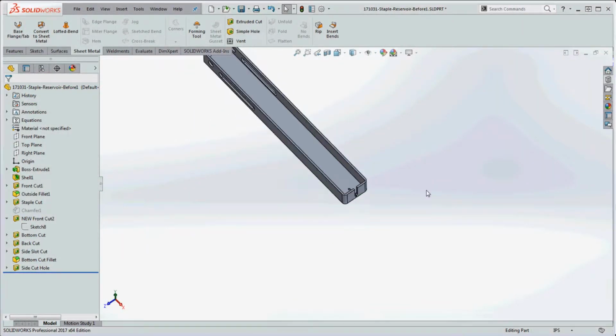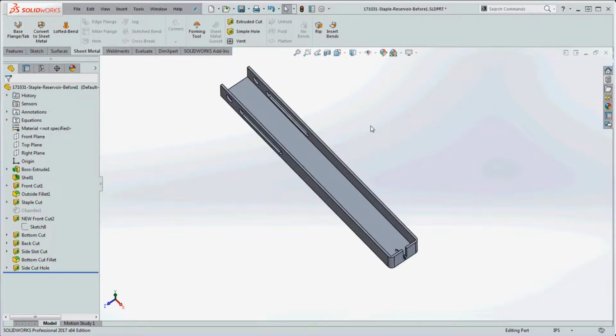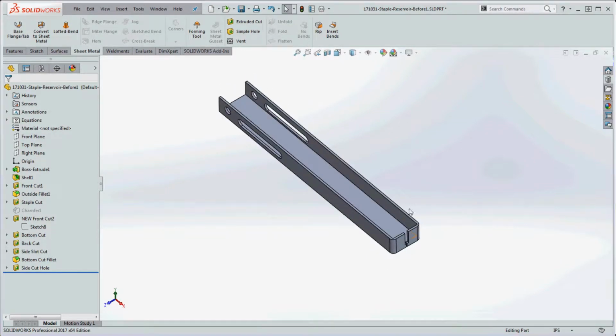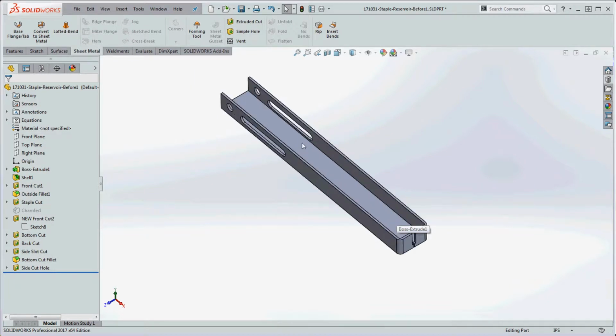Okay, I had a student here who's got a part that would be perfect for a demonstration for using sheet metal, SolidWorks sheet metal. SolidWorks is one of those designed for manufacturing sort of toolbars where you could not only model a part, but model a part that can actually be manufactured using sheet metal tools. So the desire here is this part was actually created in a different way, not using sheet metal tools, but we can convert this if we play around with this a little bit, and I'll show you how